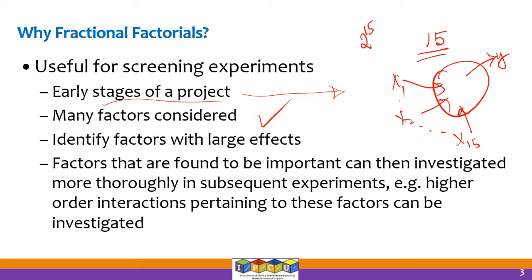Now, people are not willing to shed some of these X variables because one engineer says this factor is important, another person says that is important, the operator says this is important, and so on. So it's very, very difficult to ask people to remove some of these variables, right? So let's say we have 15 factors, and we are not in a position to do 2 to the power of 15 experiments. So what they might do is they might do a fraction, let's say 1 by 2 to the power of 7 times 2 to the power of 15 experiments.